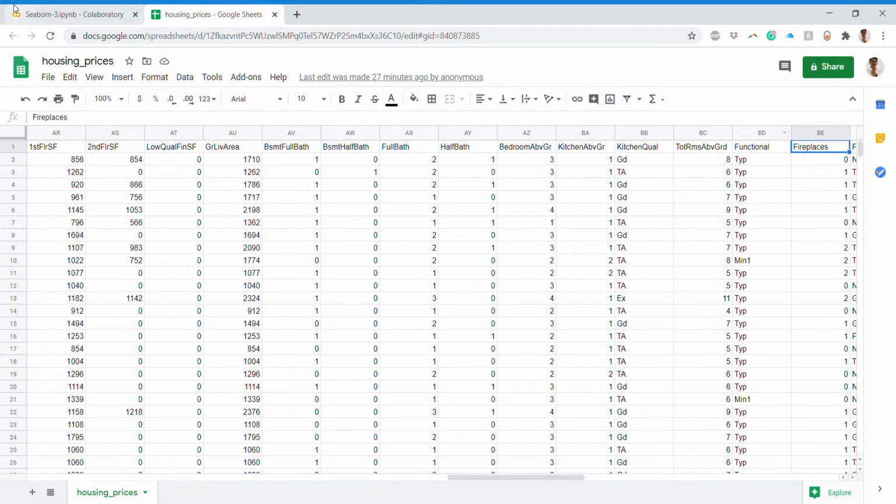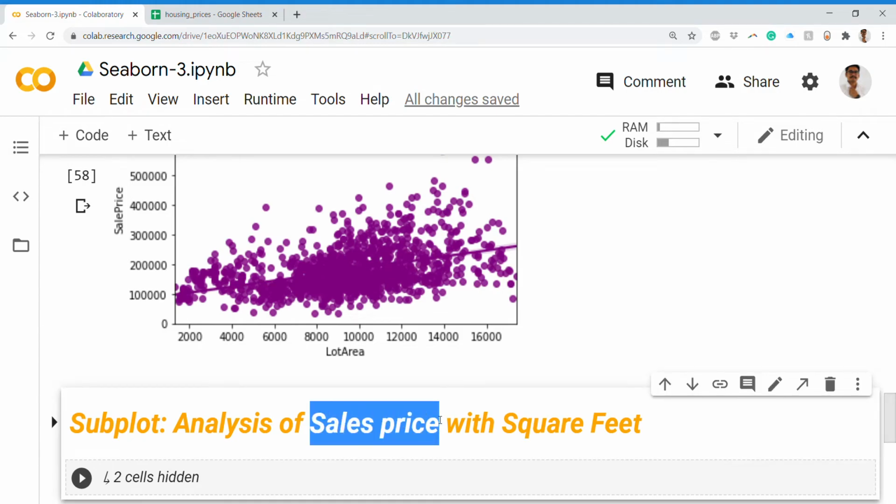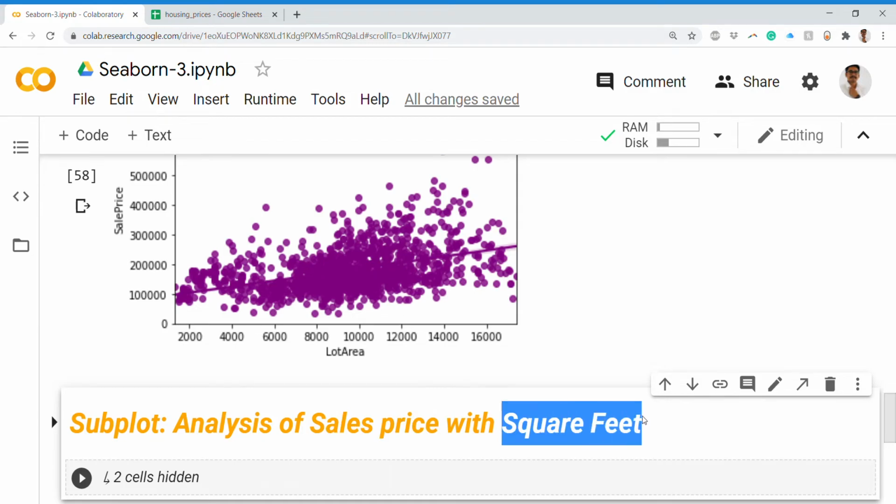So we want to find that basically. Our major requirement for analysis is, does the sales price have any relationship with the square feet? Square feet means nothing but the area. Those are different terminologies. If you search what is lot area and what is square feet, square feet is nothing but the area of how much the housing is covering. There are certain things excluded that are not included in square feet, but that is a different story.